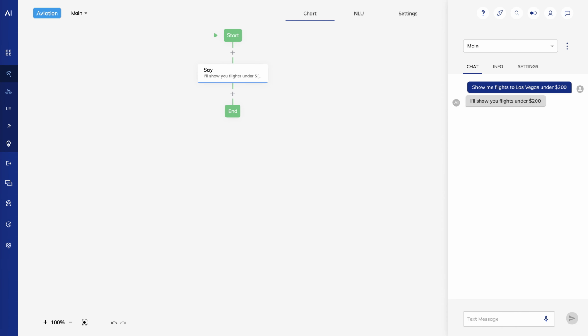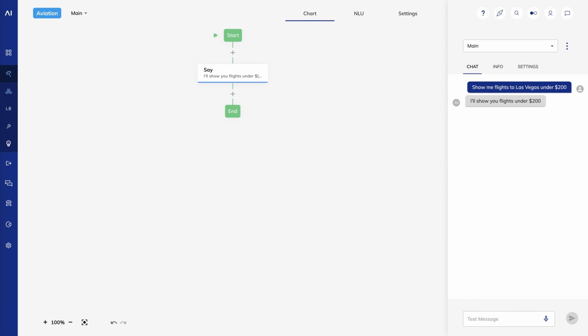The last feature of Say nodes I want to cover is adding links and styles to your outputs using HTML. Why would you need to do this? Well, we saw one example of embedding HTML earlier when we added a YouTube video. You may also want to do things like adding hyperlinks to your text. Even though you can do this in buttons, sometimes it makes more sense for users to present traditional links like you would see on a website.